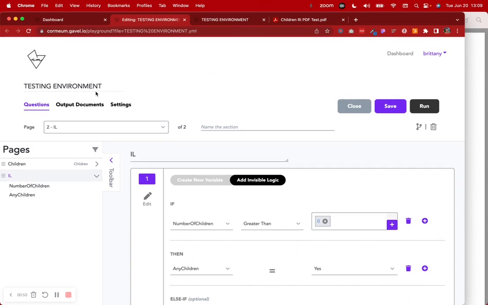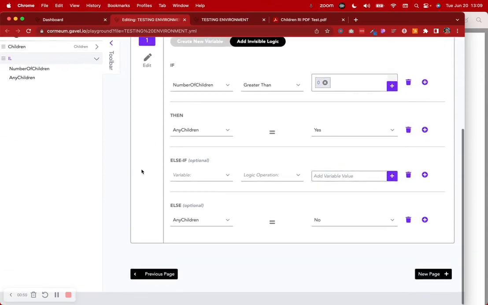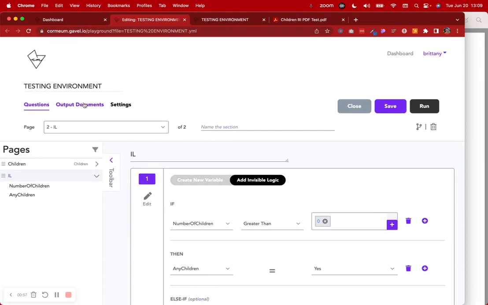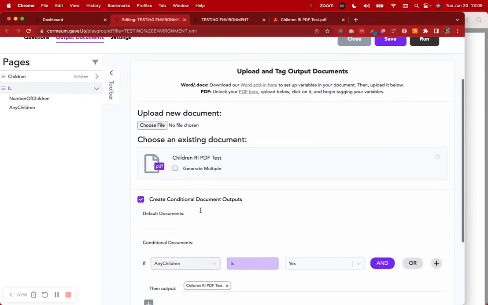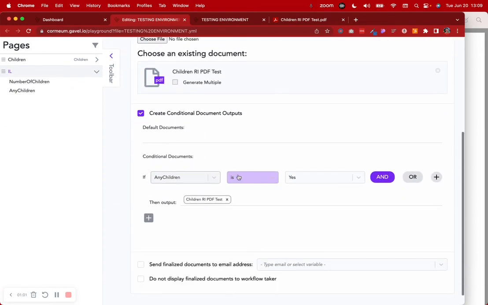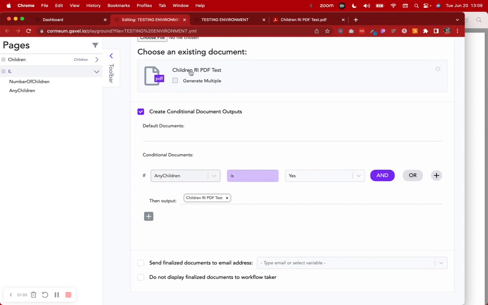The third piece of information we're going to go over today is how to then take this logic and this variable that we created and attach that to conditional document outputs. For example, if we only want this document to show if any children is yes, so if there are any